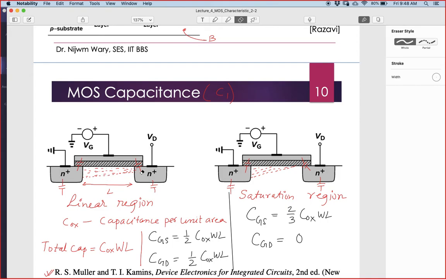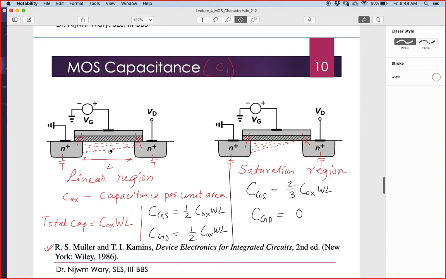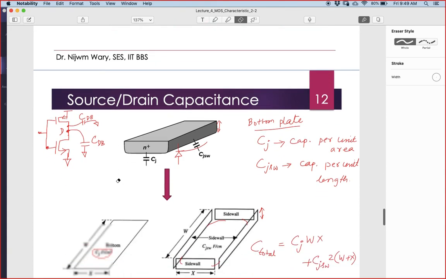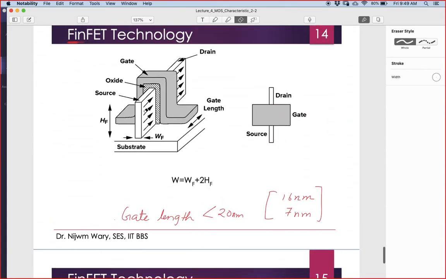As the device size becomes smaller and smaller, the gate is losing control over the channel, because there are a lot of short channel effects which I have not discussed, but maybe we'll discuss towards the end of this course if time permits. So what they have done is they have tried to wrap around the